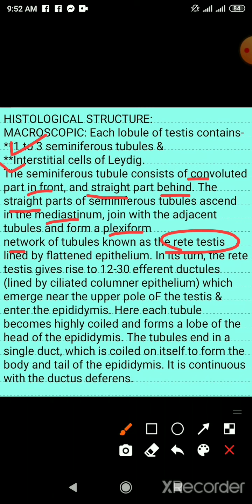The rete testis in turn gives rise to 12 to 30 efferent ductules which emerge from the upper pole of the testis and enter into the head of the epididymis. That means through these efferent ductules, the upper pole of the testis is attached to